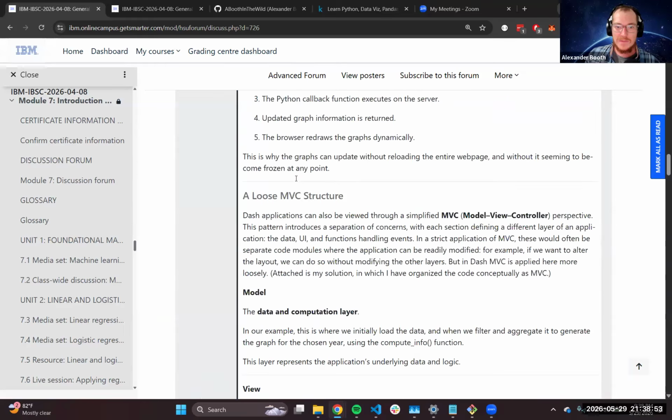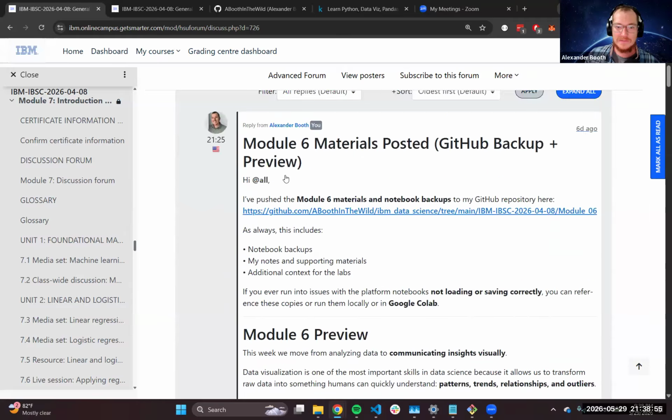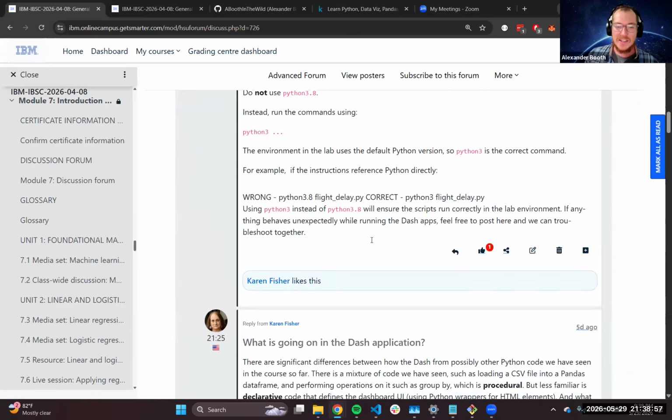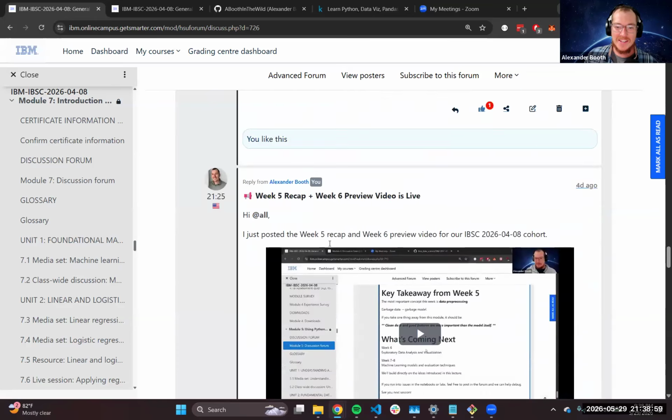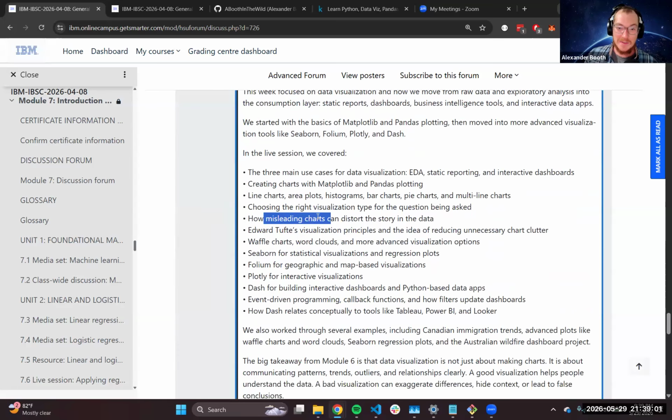somewhere in the lounge. I'll have to go find it. I thought, yeah, I think Karen posted in one of the other chats, but we got some good visualizations of misleading